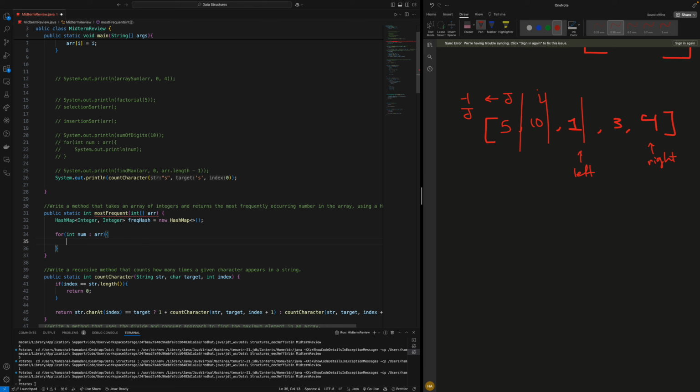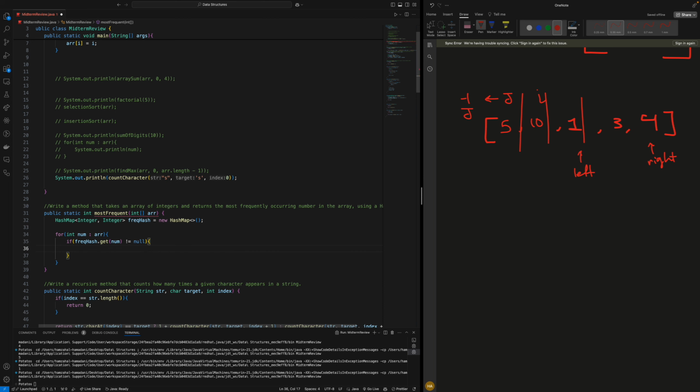If the number is not there, then we add it to the hash map and we put it as the default value of 1. So if freqHash.get, remember the numbers are going to be the keys. And so if this does not equal null, okay, if this does not equal null, then what we'll do is freqHash.put,